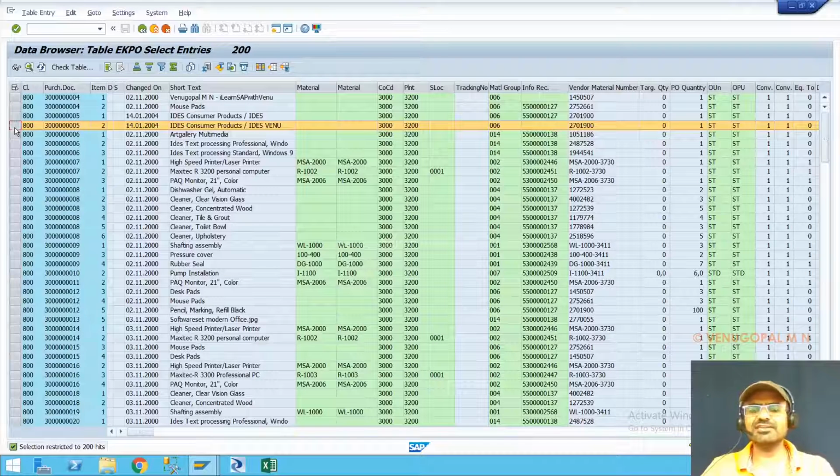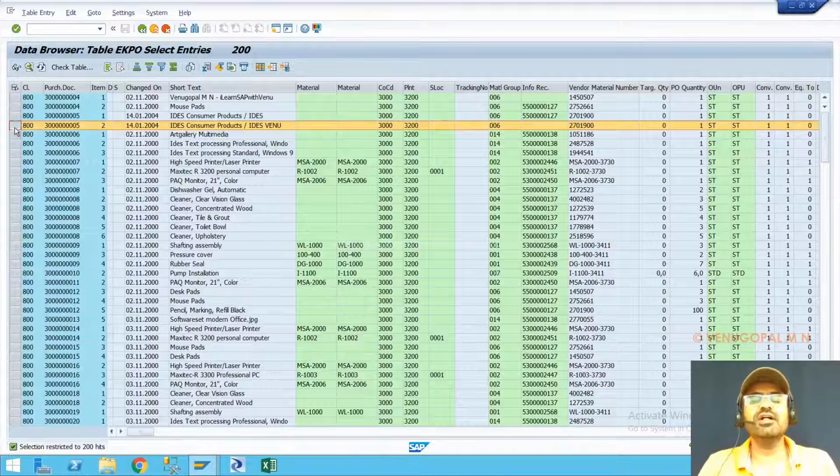As I said earlier, you can do this activity only in a non-productive environment, and it is highly recommended not to do this in production, that too on a standard table. Why? Because it will cause inconsistencies. If you are very sure, you can go ahead and change it. But still, all the standard tables get updated through standard transactions, and if you update one table and miss updating another table, it might cause inconsistency in data.